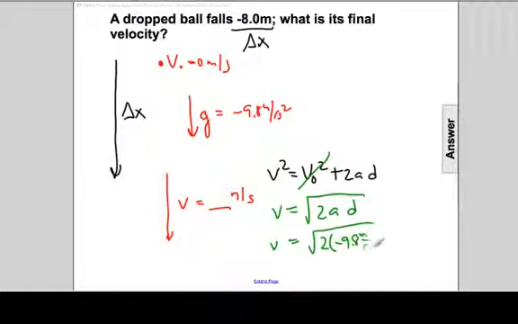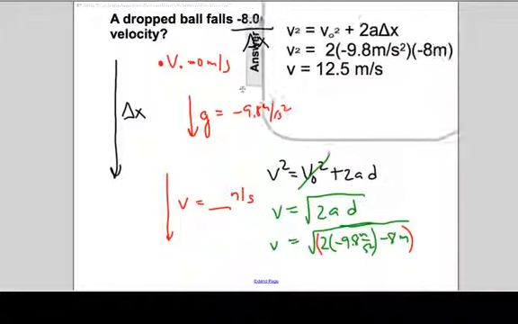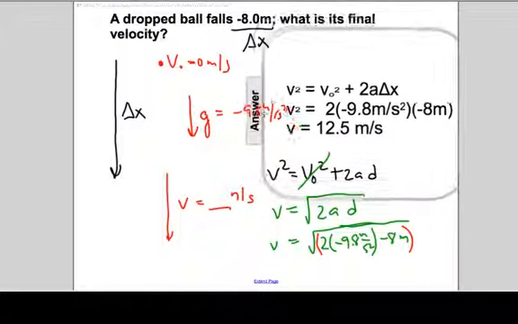meters per second squared times D, which is -8 meters. All of this falls under the radical, so we'll put everything in parentheses. And 2 times 8 is 16, roughly, times 10 is 160. So the answer is roughly the square root of 160, and that ball will end up falling at 12.5 meters